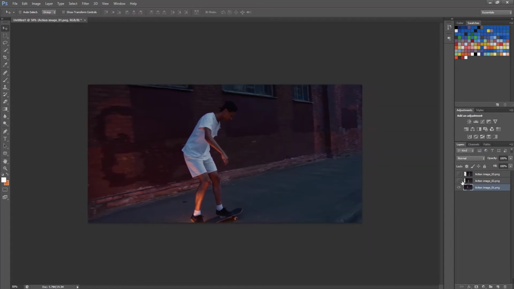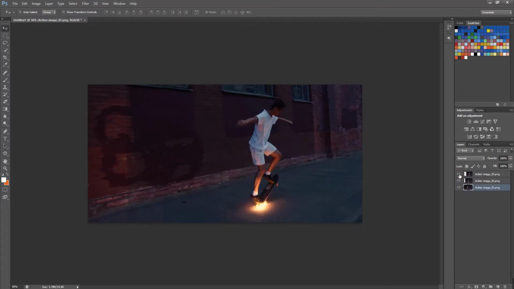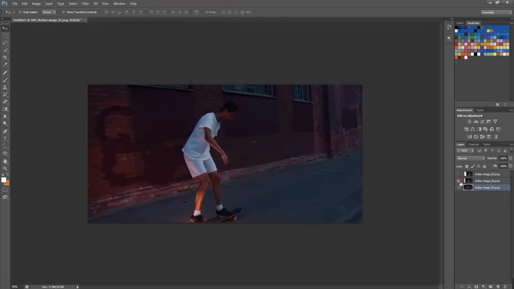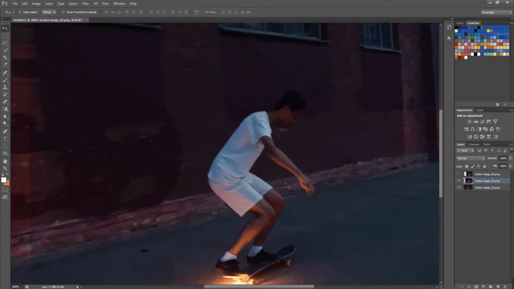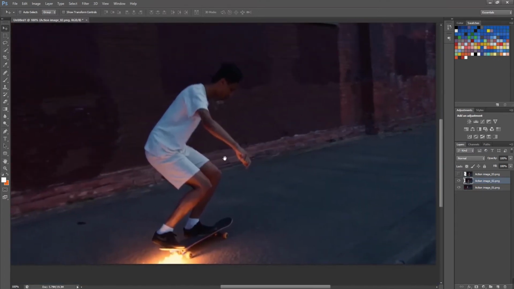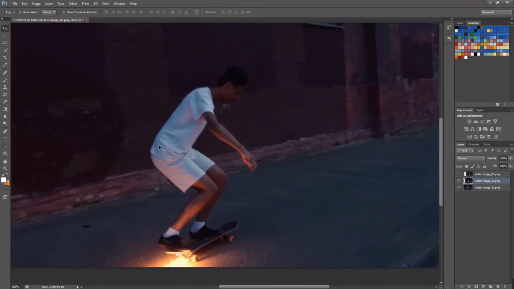Now you can see that the images look more aligned in sequence as compared to before. Now select the middle layer and make a selection of the man with skateboard. I'll make it very quickly by using the lasso tool and quick selection tool.